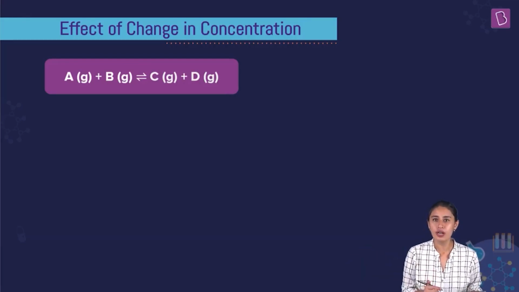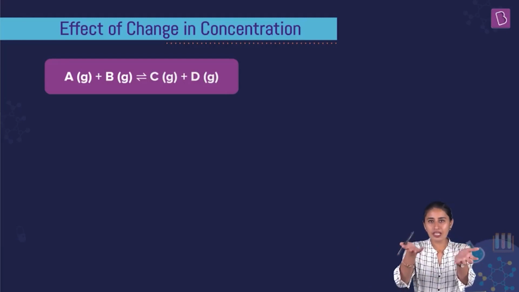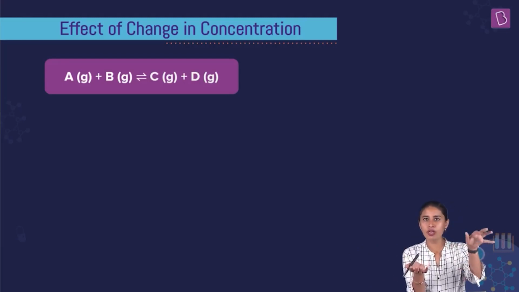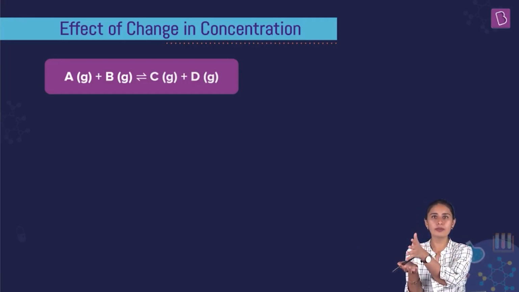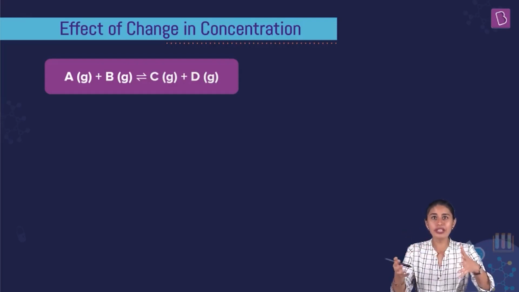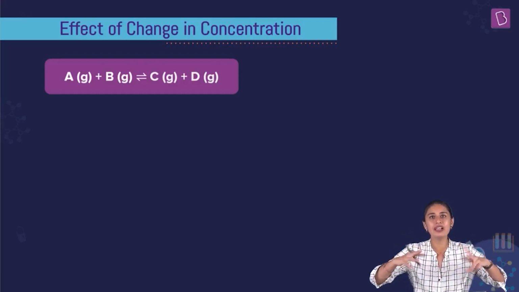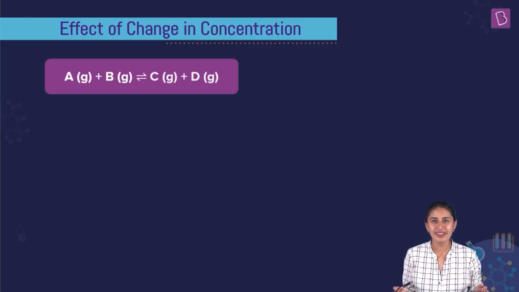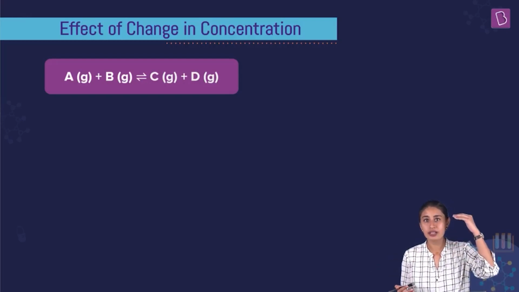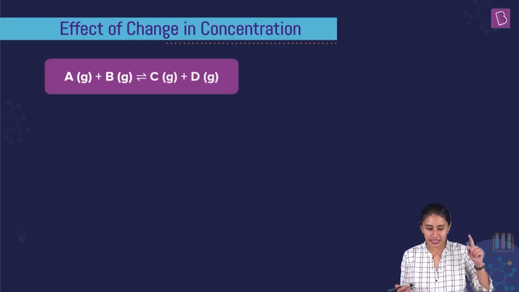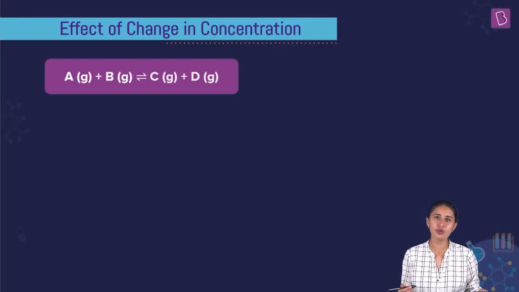Why forward? Because there was equilibrium. Equilibrium gets disturbed because of more reactant coming into the picture. The reaction would have to go forward so that we get more product. Then only the effect can be undone, right? The concentration of product is going to increase if we increase the concentration of reactants, because the reaction is going to go forward. Do you understand?